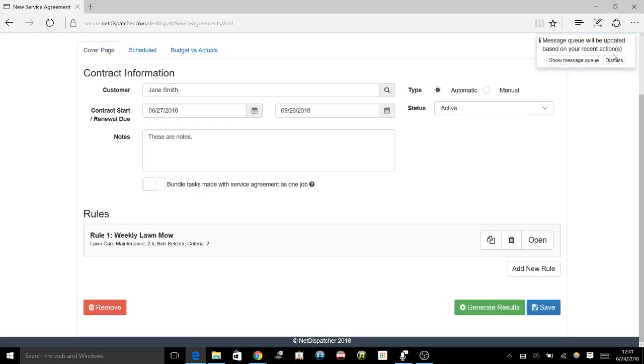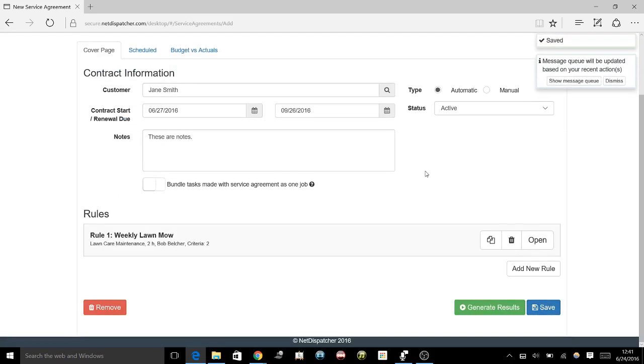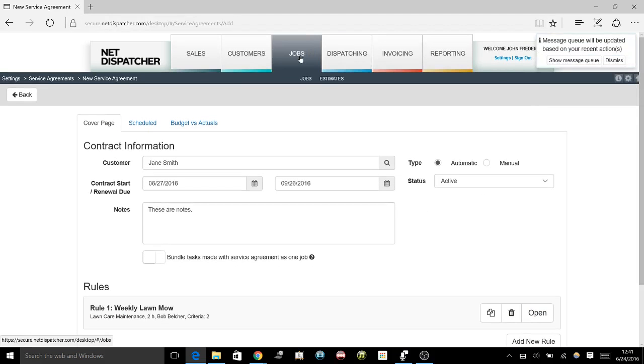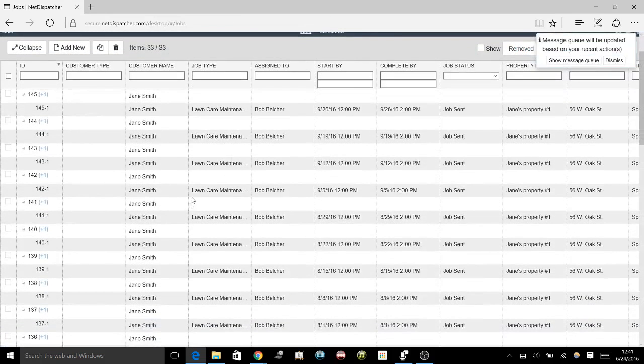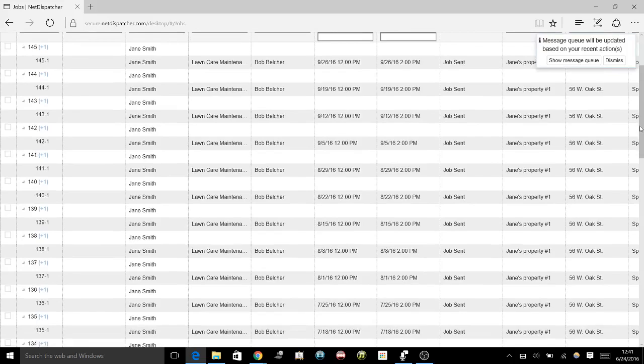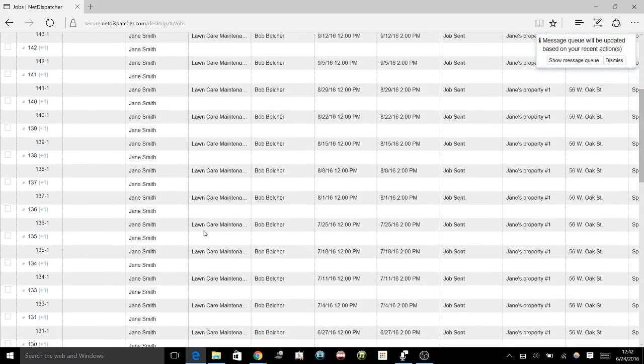And in the top right corner, it will let you know that this was complete. So we can save it. That was saved. So we will go to the jobs now. And here's the entire list for the jobs that were just created for Jane Smith. So instead of having to build all of these jobs individually, you can do so by utilizing the